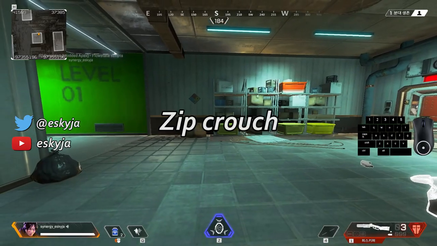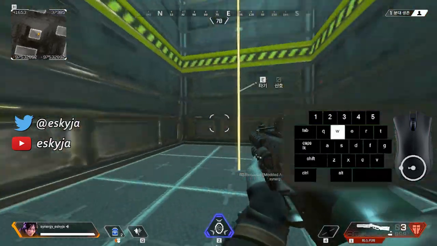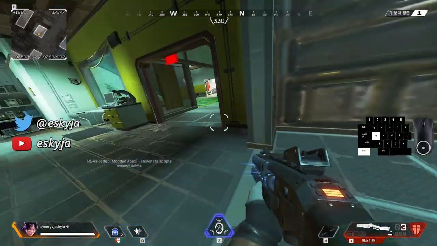Next we'll be covering the zipline crouch. This looks like this. Pretty basic once again. You basically want to interact, turn around, and then crouch. So interact, turn around, crouch. Pretty straightforward. You can kind of get a boost of momentum from it. So if someone's fighting you right here, you kind of just like...